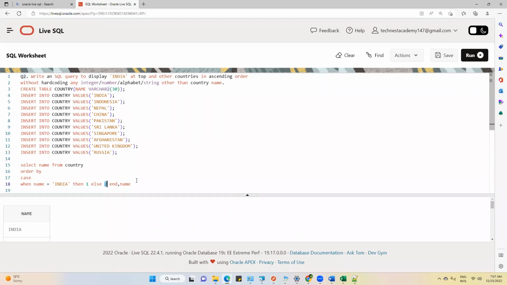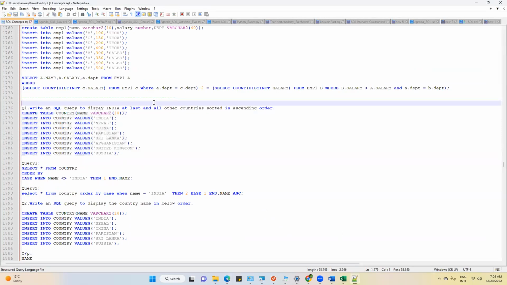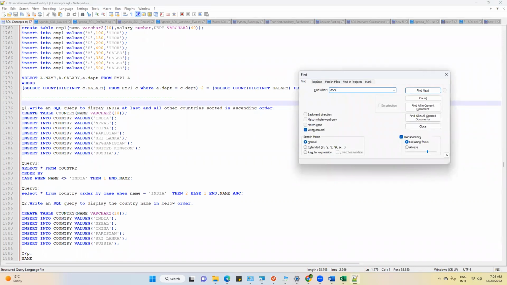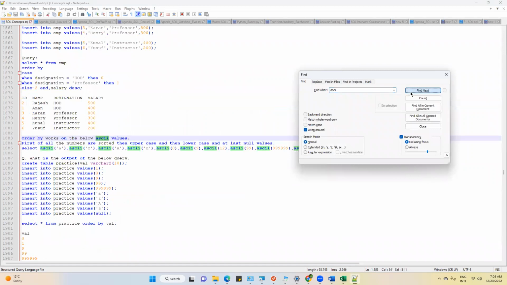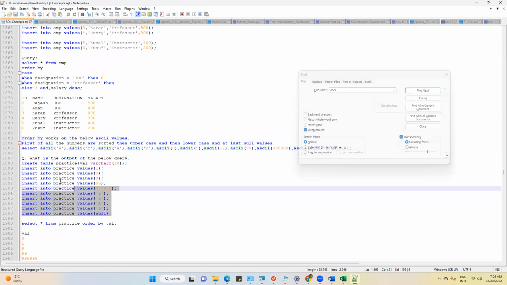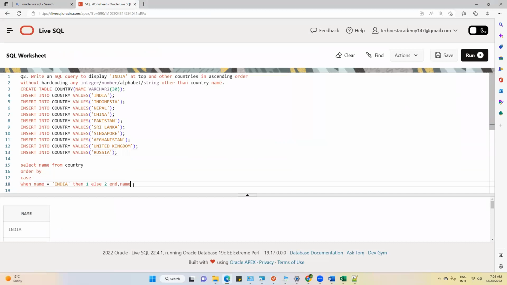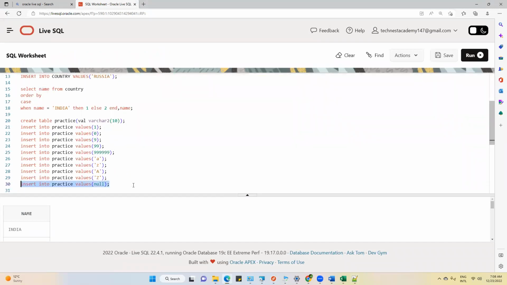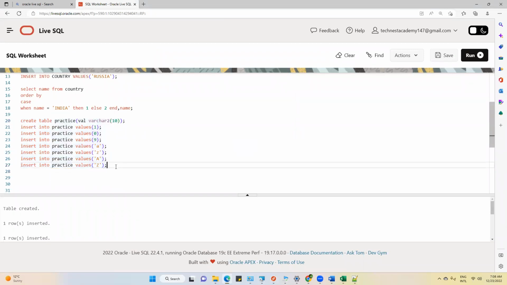Yes. Okay. Now, before this, I have to explain one more concept. Take this one. Before this, let's discuss this one. Let me remove null. This will create a problem. Let me remove this as well. So this is a practice table, and I have these values. If you see this,